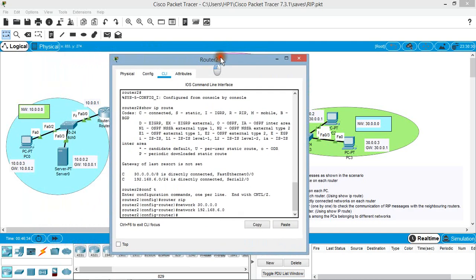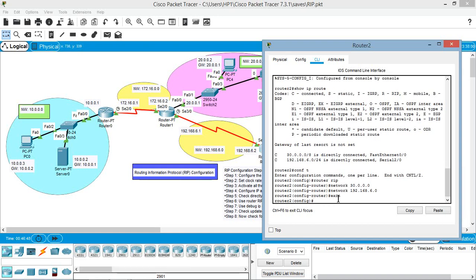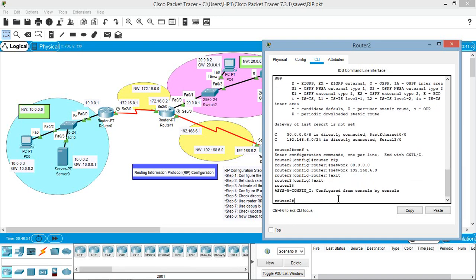Now let us check the routing table entries for each of the routers one by one. I'll use the show ip route command on the normal hash prompt. For that I have to exit from this config router mode. So now we are on the normal hash prompt. We can use the show ip route command to check the updated routing tables.